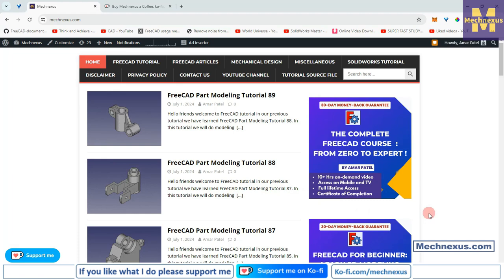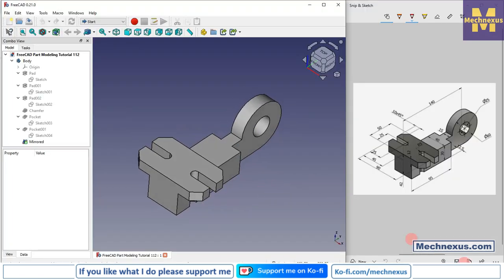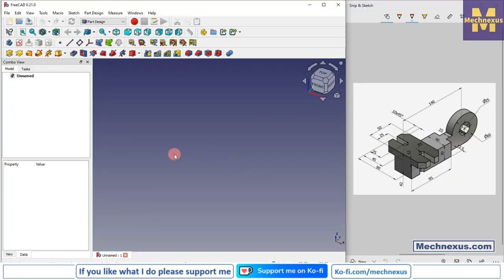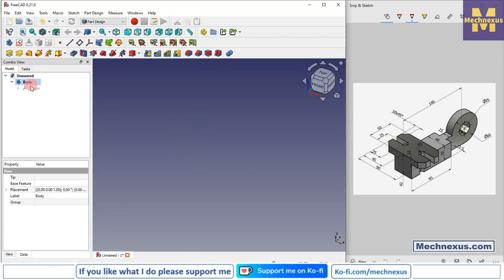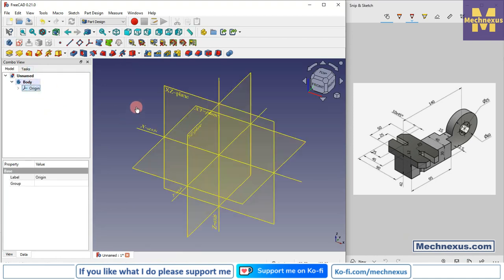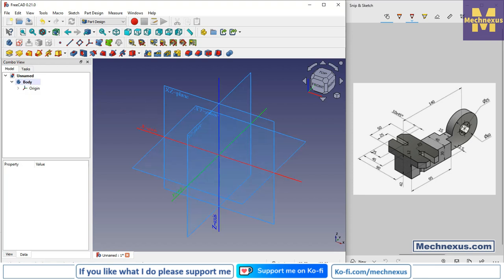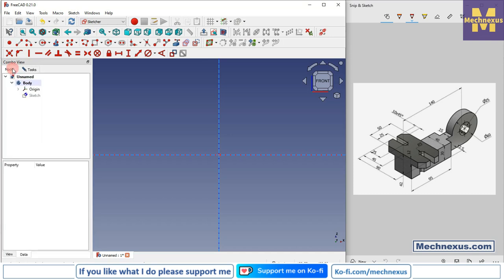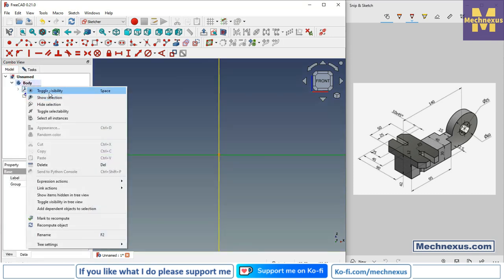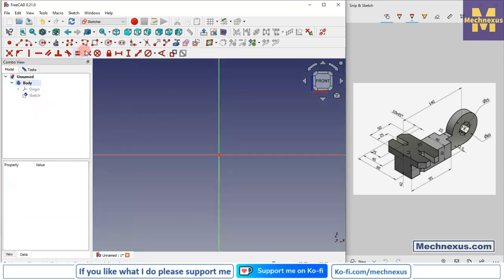So let's come back to our tutorial. Here I have created a new file. The first thing we will do is insert a body, and then I will select my origin plane, and first we will create this back profile. For this we will select the XZ plane and click on sketch, click on the model tab and hide the plane, and we will select the rectangle tool,